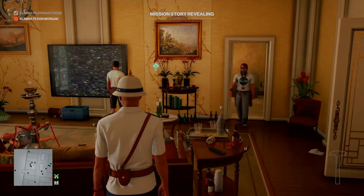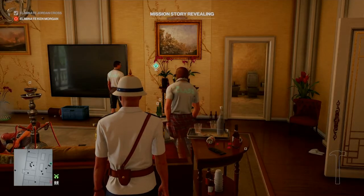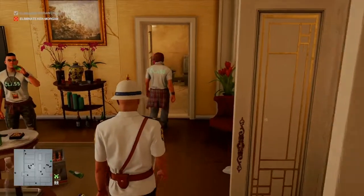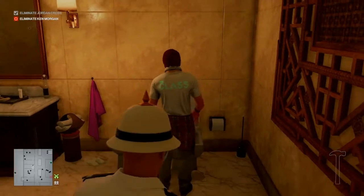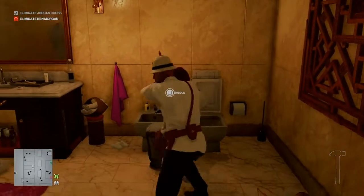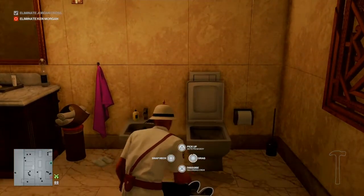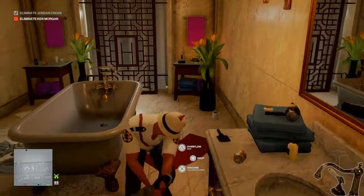So the guy who's just coming out of the bathroom is our man. He has the letter we need, and our timing is such that we actually need him to be going into the bathroom. So we've got to wait for him to go through his routine, enter the bathroom. We're going to follow him in, close the door behind us, render him unconscious, and now comes the tricky bit,